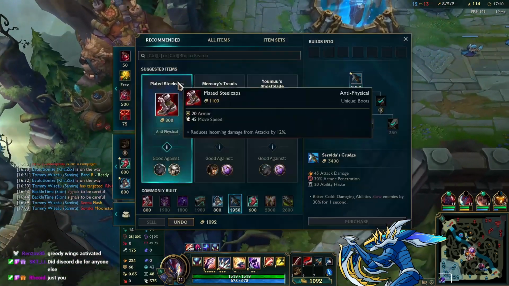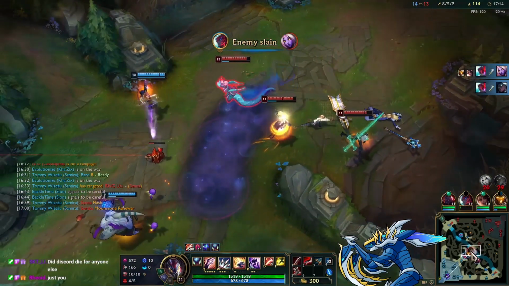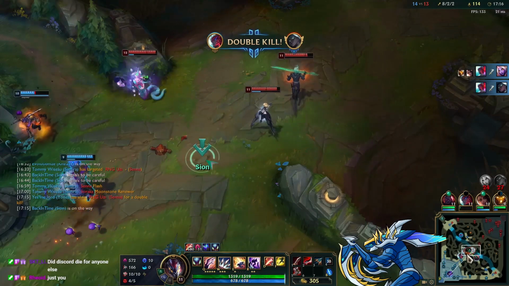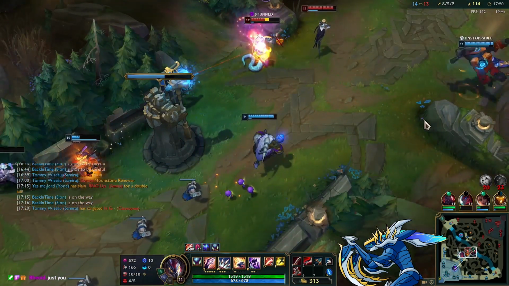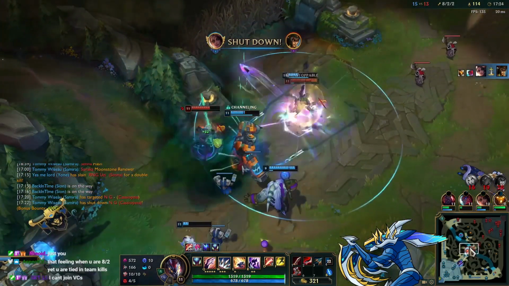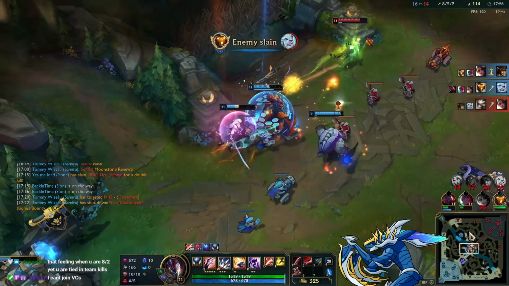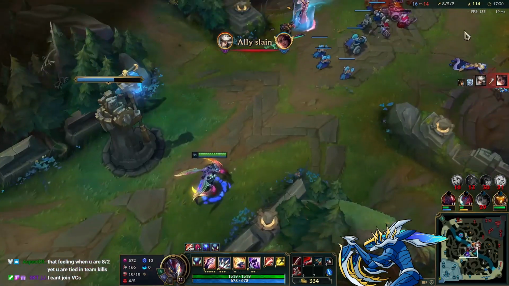And a bit of an interesting itemization here. I mean, not really interesting, but you know. I decided to go for a Last Whisper here, just do counter armor. And then I'm going to pick up my boots here. Because I'm so fed and I have Dark Harvest, I can afford to do this. But my Samira is going to go crazy here. Lots of damage coming in. Unfortunately, Camille's going to swipe up on her and just...